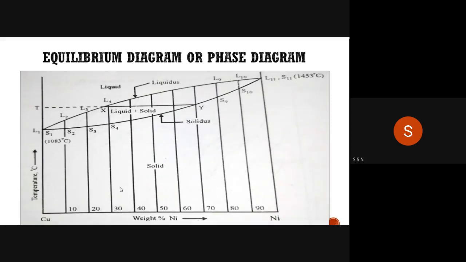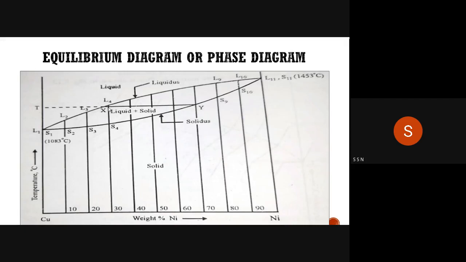Liquid plus solid. So for the copper and nickel binary alloy, I have drawn a phase diagram which represents temperature and concentration. Concentration means the weight percentage of nickel inside the copper. So here we have concentration, temperature and phase. All these things I can understand from that diagram. At a particular temperature and particular concentration or composition, I can immediately tell what the phase is, or above what temperature it will change phase for this composition, that I can also tell.